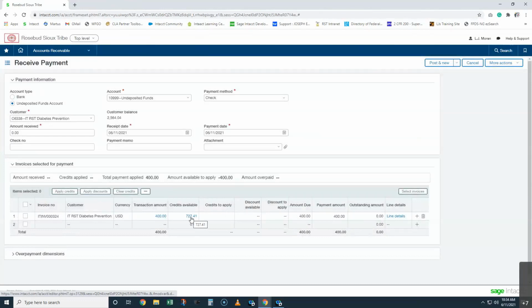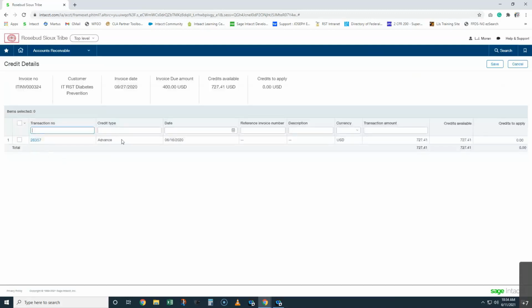Credit shows up for this program too. And so if we're going to receive payments from the diabetes program for our outstanding bills, as we're sitting here processing the payments we're going to post, the system is telling you this program has a credit. You can use that credit to apply against those bills, or if that's not a valid credit, that's a payment we've posted incorrectly,